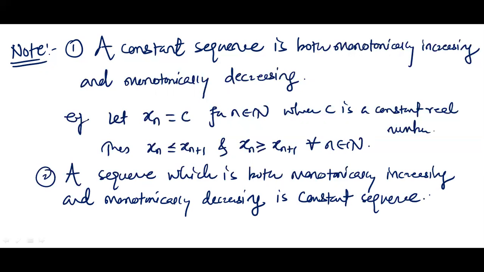Means a sequence which is both monotonically increasing and monotonically decreasing is possible only if all terms of the sequence are equal, means it is a constant sequence. Okay,